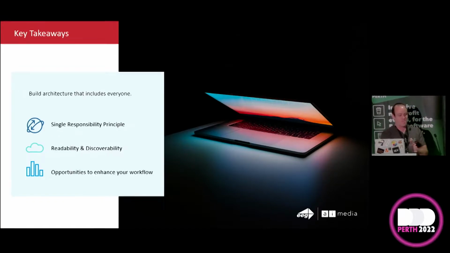So, the key takeaways here are build architecture, design architecture that includes everyone. Don't build these little black boxes that only the technical experts understand. You lose so much value. Your POs, they don't know what's going on with these little black boxes. You tell them there's a Lambda that's doing something, instantly they go, oh, cool, I actually understand what that is. You might have to explain to them how a Lambda works, but they're going to feel more connected to the project. They're going to be more interested in what's happening.